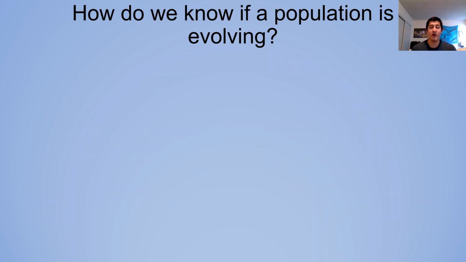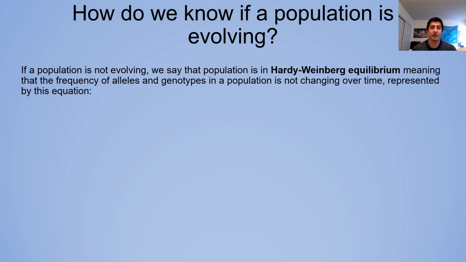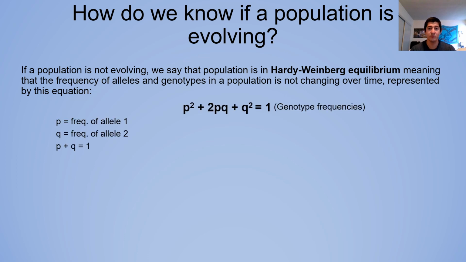So how do we know if a population is evolving? We can examine this with a concept called the Hardy-Weinberg equilibrium. If a population is not evolving, then that population is in Hardy-Weinberg equilibrium, meaning that the frequency of alleles, or the different versions of genes in a population, is not changing over time. And that is represented by this equation here. p squared plus 2pq plus q squared equals 1. And these are